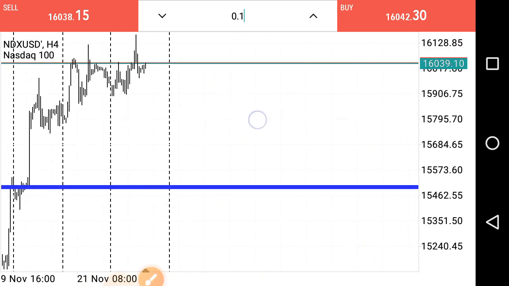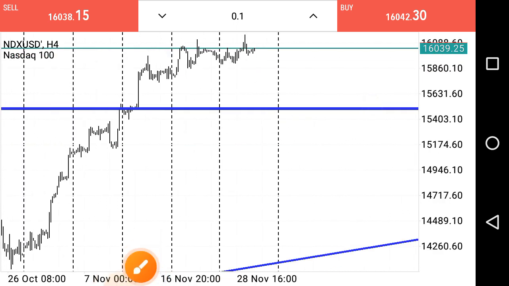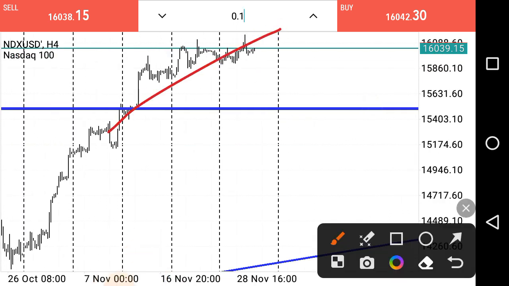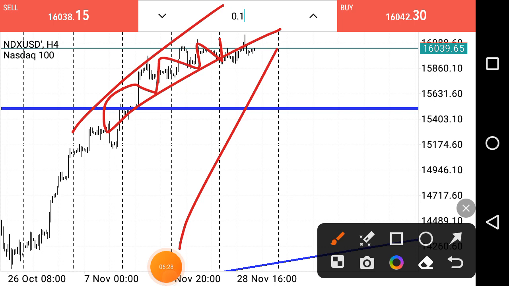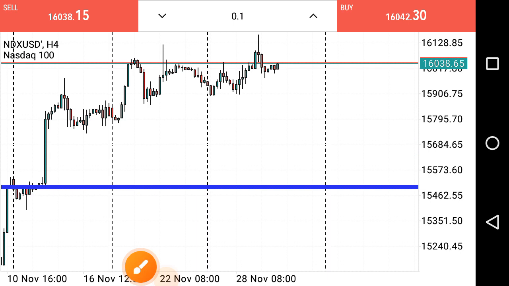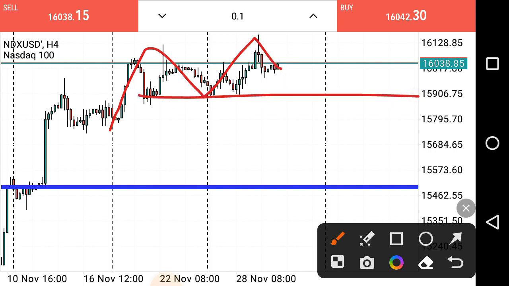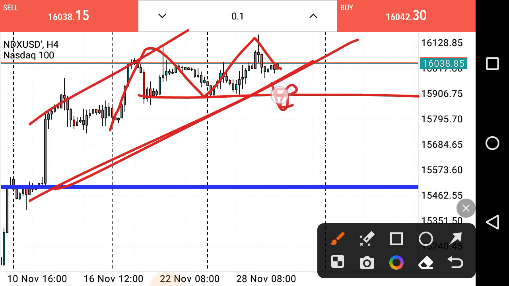Another thing that we spoke about on the daily chart is that we said the market at this point in time seems to be losing some steam, and that is because we can see that this angle is no longer as steep as we had it before, right? So this signals that we may potentially see a reversal of sorts. To add to that, I had mentioned that we may potentially see the market give us a double top, which would then have a neckline at that point, and that should price close below this point over here, which is where we have this channel as well as this neckline,